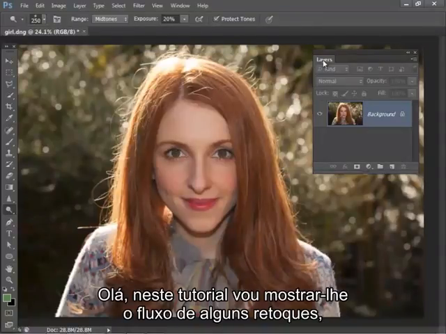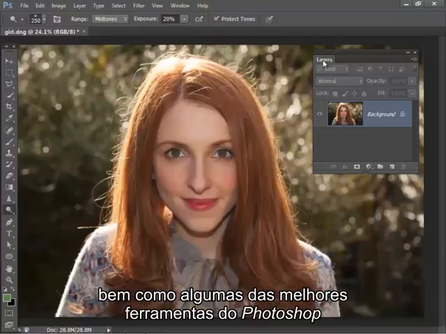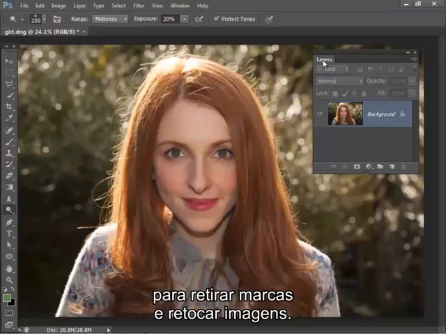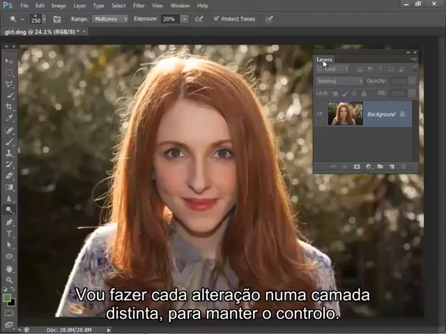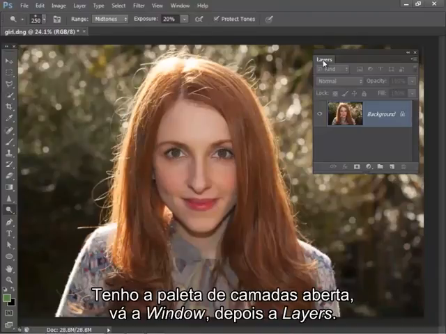Hello, in this video I'm going to take you through a basic retouching workflow and introduce you to a few of Photoshop's best tools for removing marks and tidying up images. We're going to make each edit on a separate layer for maximum control, so you can see here I have